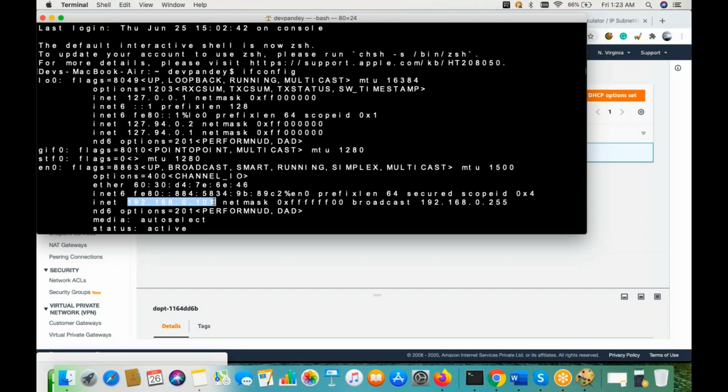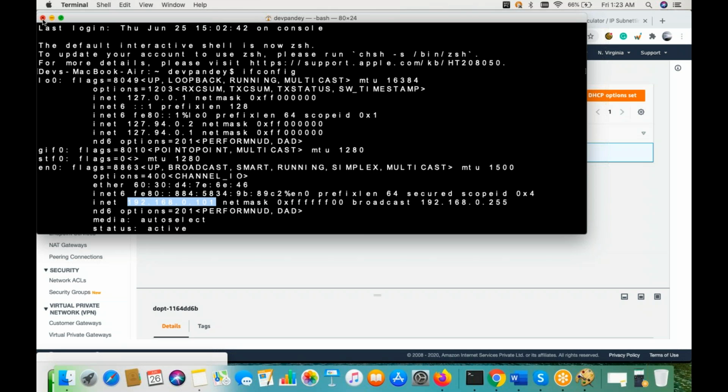How am I getting this IP address? Whenever I shut down my laptop, or power off and start the next day, I automatically get a new IP address, which will be your private network. Why am I getting it automatically? Because there is a DHCP set automatically, right?